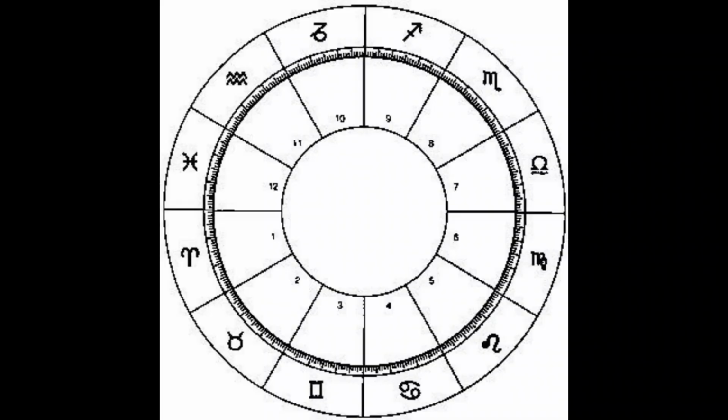Each sign in the zodiac chart is 30 degrees, with 3 sets of decans, each of them also equaling 10 degrees. The first decan goes from 0 to 9 degrees and 59 seconds. The second decan goes from 10 to 19 degrees and 59 seconds, while the third decan goes from 20 to 29 degrees and 59 seconds. The ninth house,